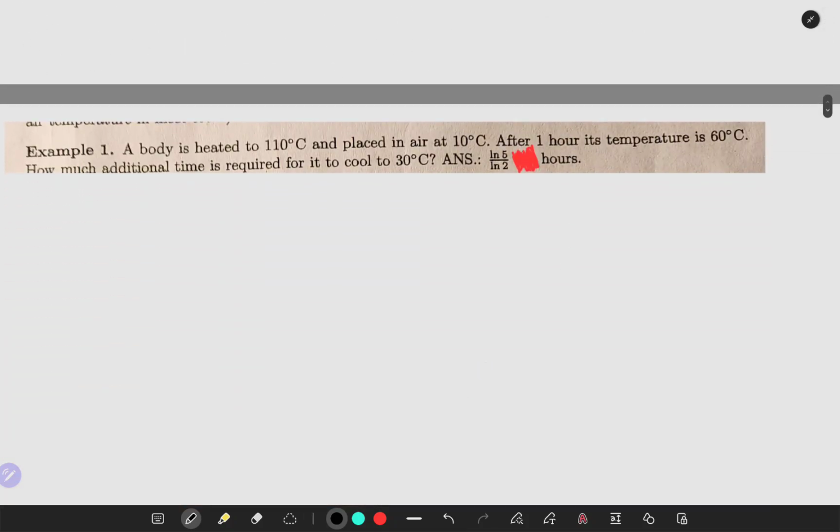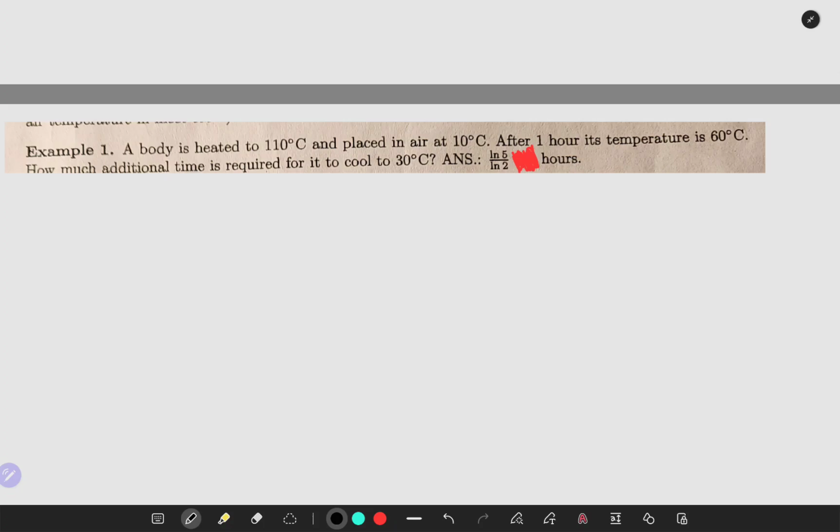In the first example, we have a body heated to 110 degrees Celsius and placed in air at 10 degrees Celsius. After 1 hour, its temperature is 60 degrees Celsius. How much additional time is required for it to cool to 30 degrees Celsius? And it gives us the answer. So for this problem,